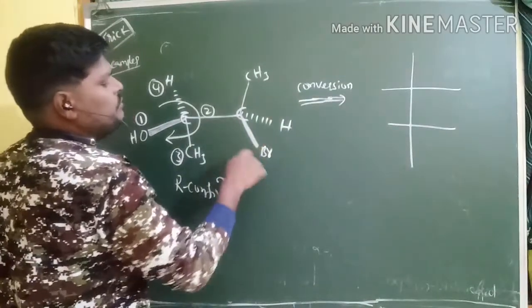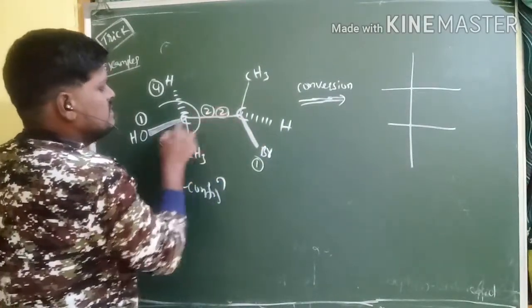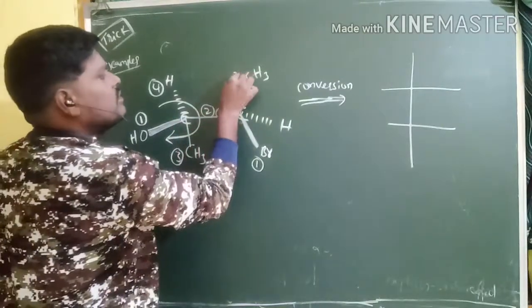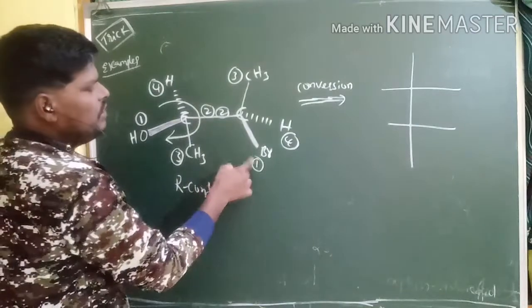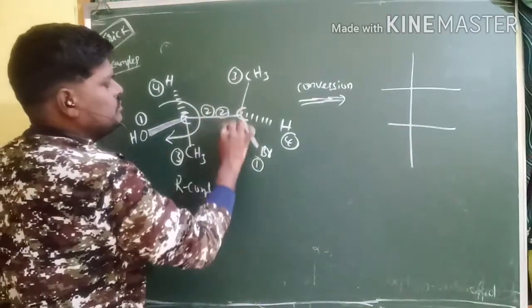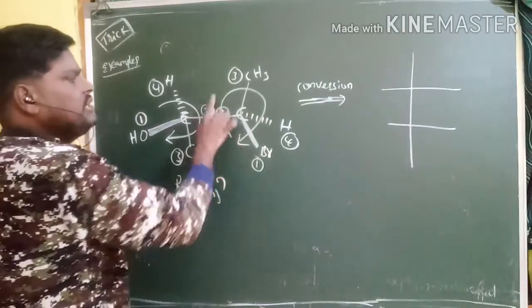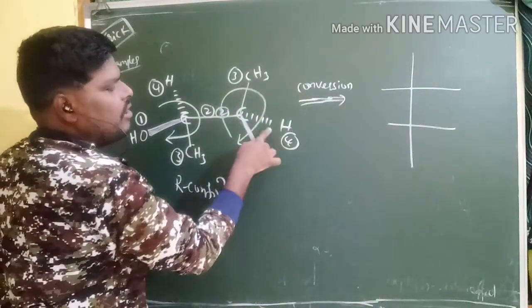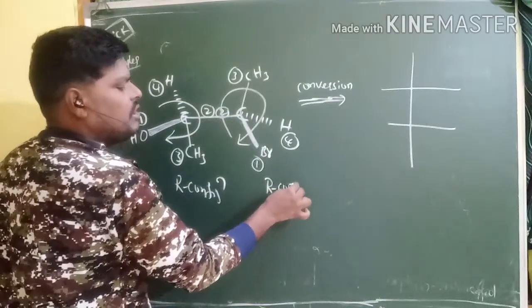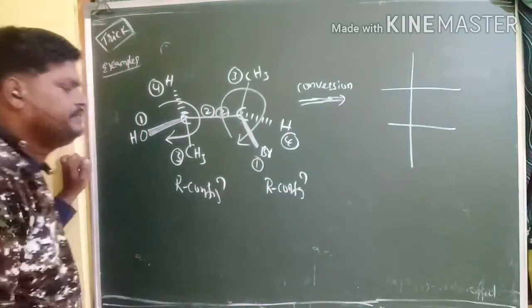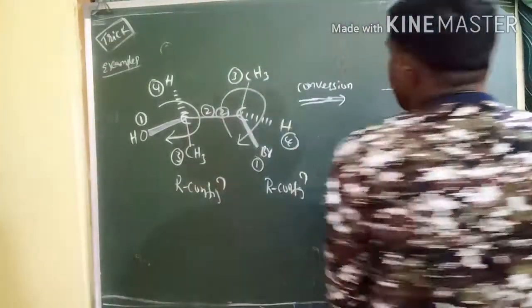So here also first priority bromine, and this is the second priority for this one. Third priority, least priority here. Direction 1 to 2 to 3. So this is the direction for this one. It is clockwise direction. Already least priority is on broken wedge, so you can write R configuration here. Right. Next, convert to Fischer projection.